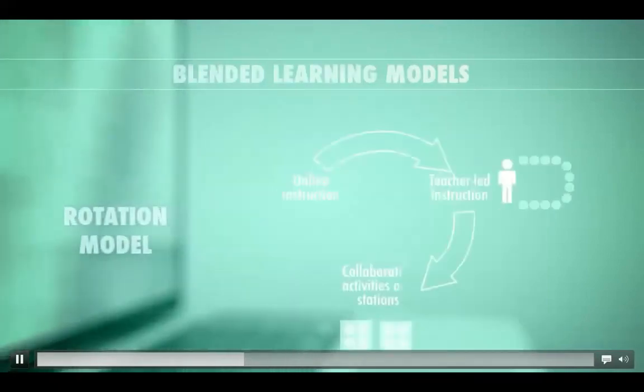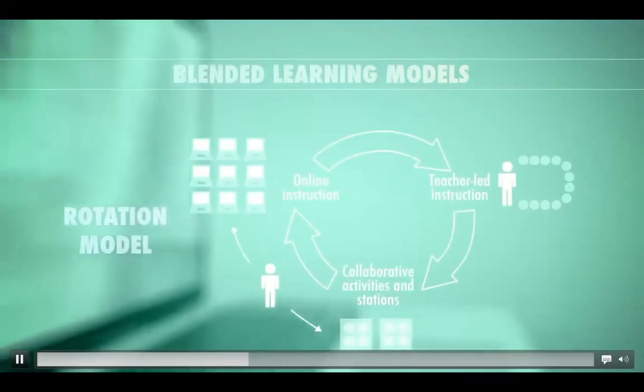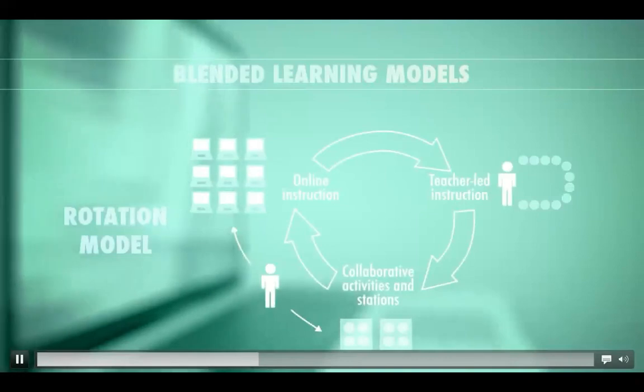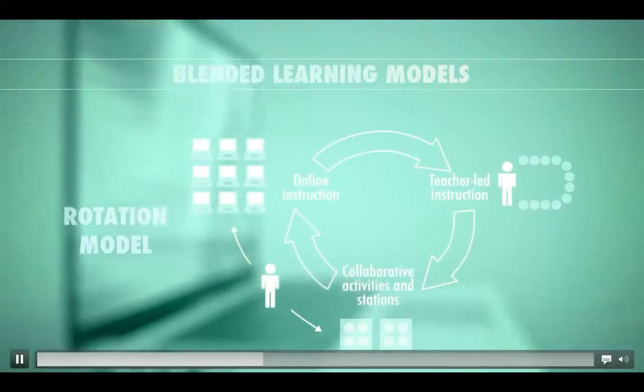In a rotation model, students move from a traditional environment to an online environment. At KIPP Empower in Los Angeles, students rotate within the classroom. So by having 15 laptops in every single classroom, it allows our students a chance to rotate on and off the computers to both receive instruction from their teachers as well as from the online content providers. The students are going to get a chance to further their 21st century skills, as well as to engage in learning environments in many fun and engaging ways that they wouldn't be doing otherwise.